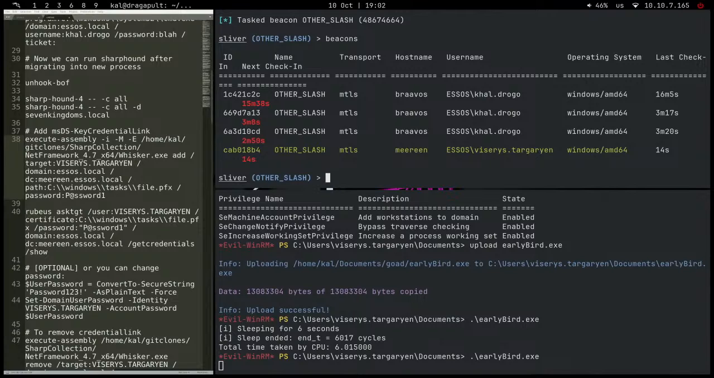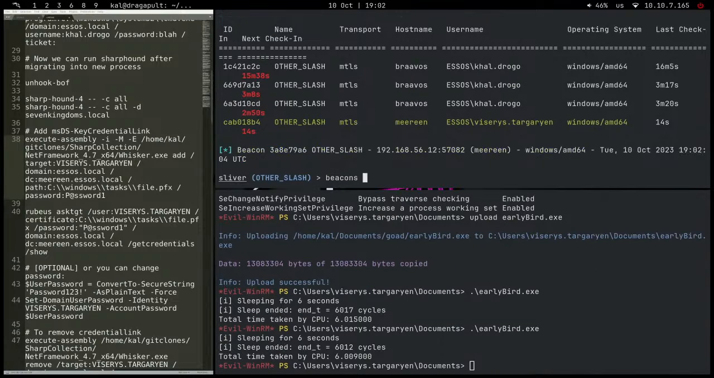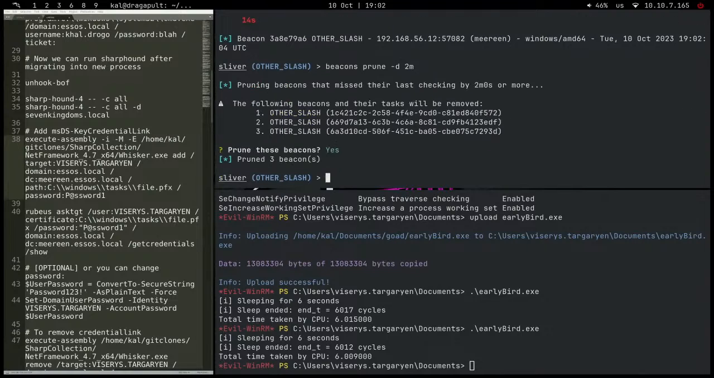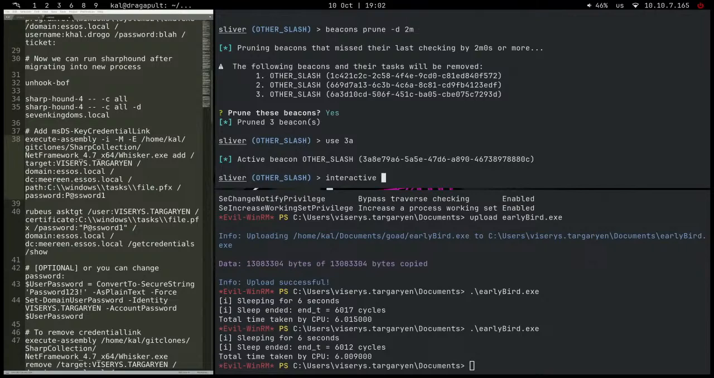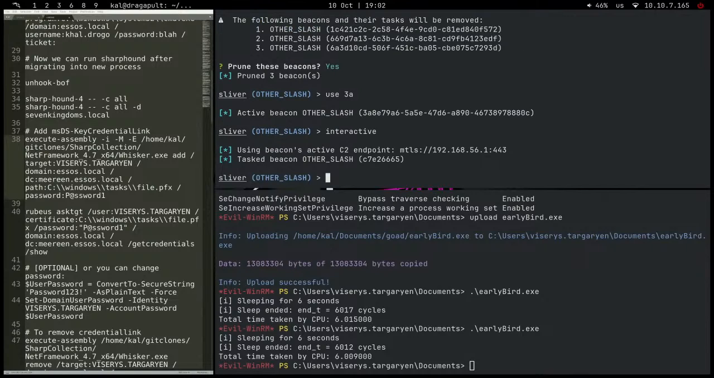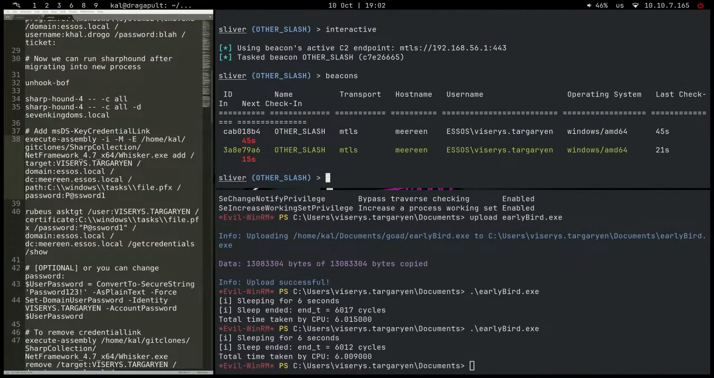Give it a second. You can also do beacons, prune, tac D, anything that's 2 minutes. Yep, get rid of them. Use 3A, make that interactive. Hopefully it doesn't die. Sometimes you just gotta give it a few seconds to do its thing. If not, we can do everything through the beacon that we have. It works. Gotta wait for the check-in. But just to show you guys what we're gonna do,